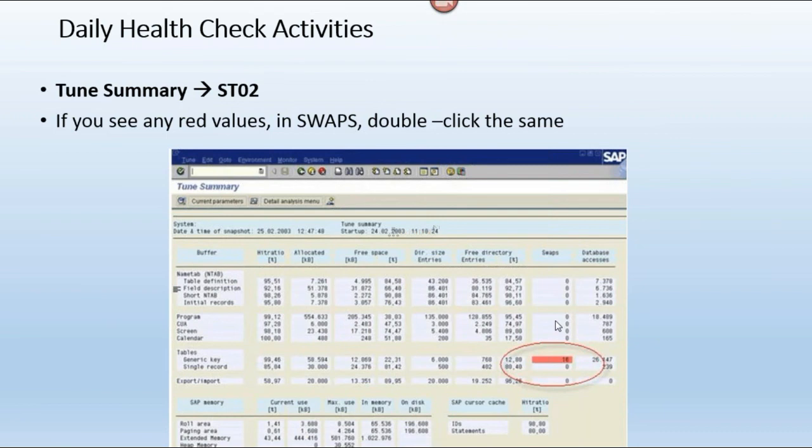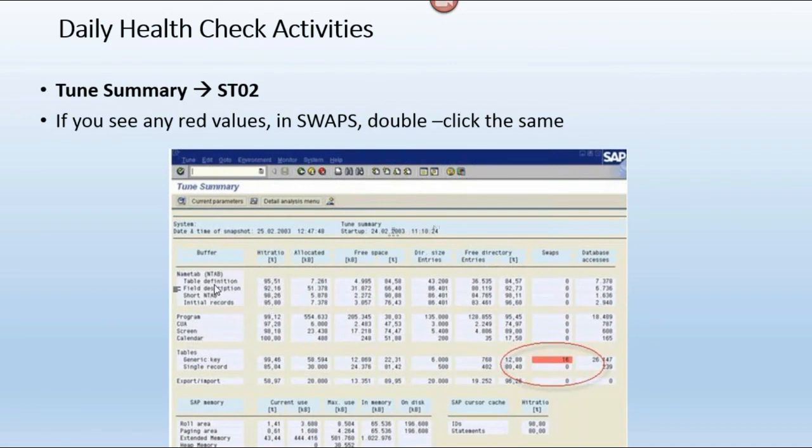Then you can see big numbers like 10,000, 5,000, 6,000, 8,000 in red color. So we need to concentrate on swaps, and apart from that we need to concentrate on the hit ratio. This is the first row, hit ratio.